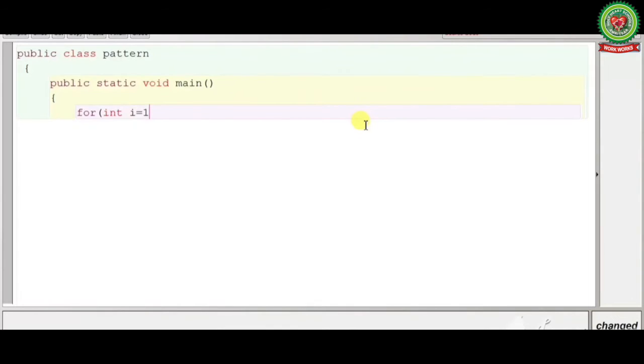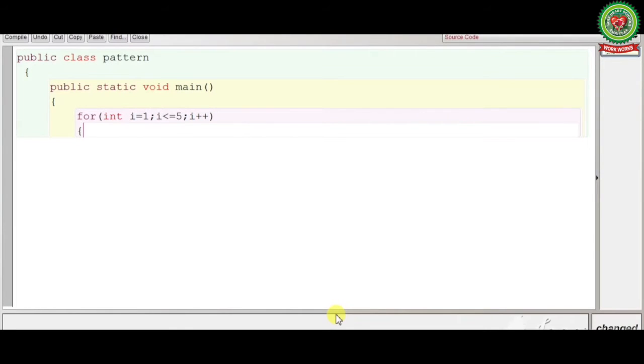The initial value of i will start from 1, semicolon, i <= 5. So here we are having 5 rows. So we have written i <= 5, semicolon, i++. i++ means to increment the value of i. Enter, curly bracket start, enter.